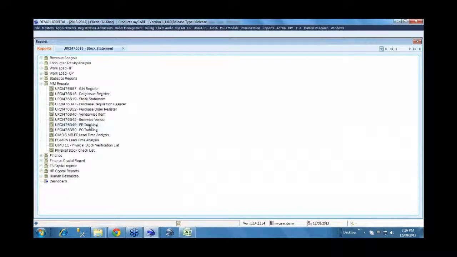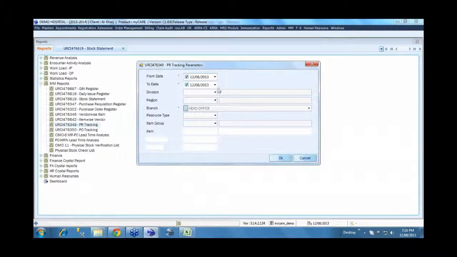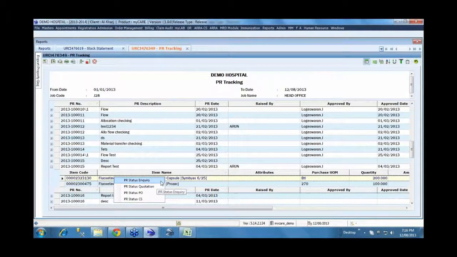These are the most common options, required for purchase order tracking and purchase requisition tracking. Those provisions are there. Let's look at the purchase requisition tracking example. From here you can see the status, and it's a drill down also. We have the ability to drill down to any related transactions. You can right click on a particular item and ask for more information relating to it, to know exactly the status of that particular item.